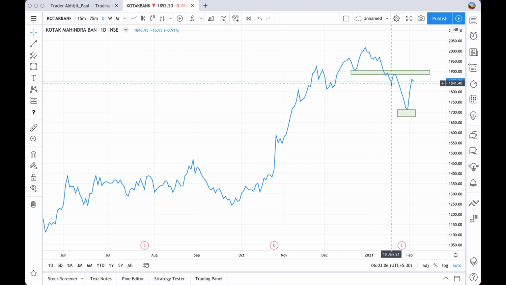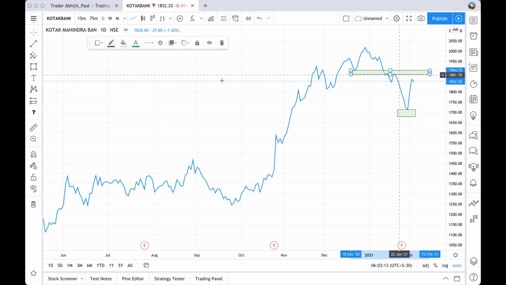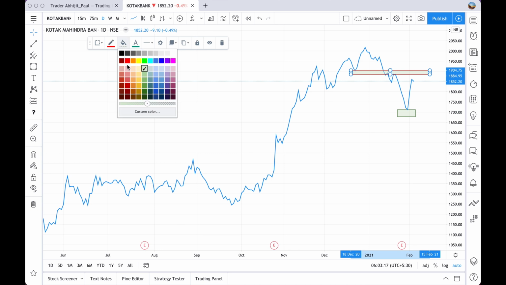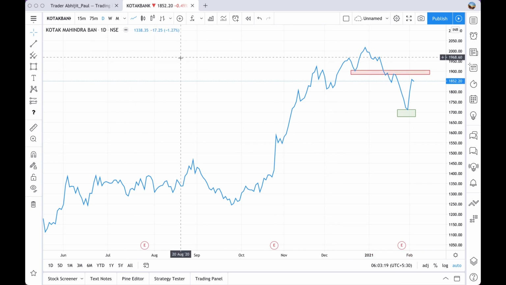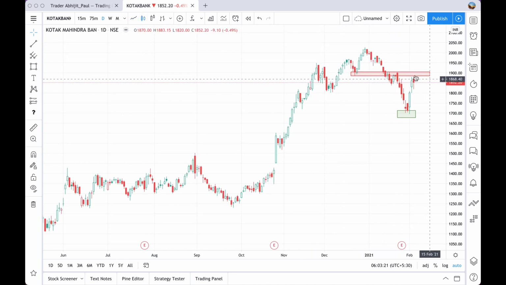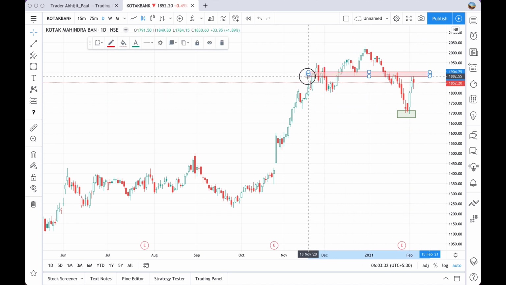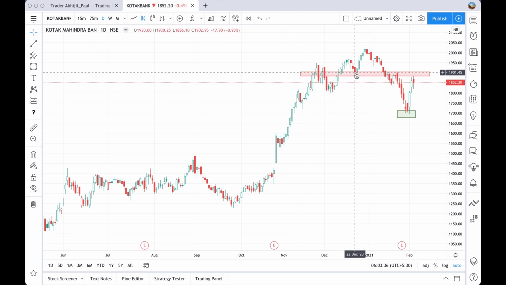Once the low got breached, it bounced back, faced resistance exactly from that level, and it came down. So to mark this, let's say I will give it a different color so that I can differentiate. Now this level should act as a zone of resistance. Ideally it should act as a zone of resistance, right? Now if I extend this slightly further to find its more strength,